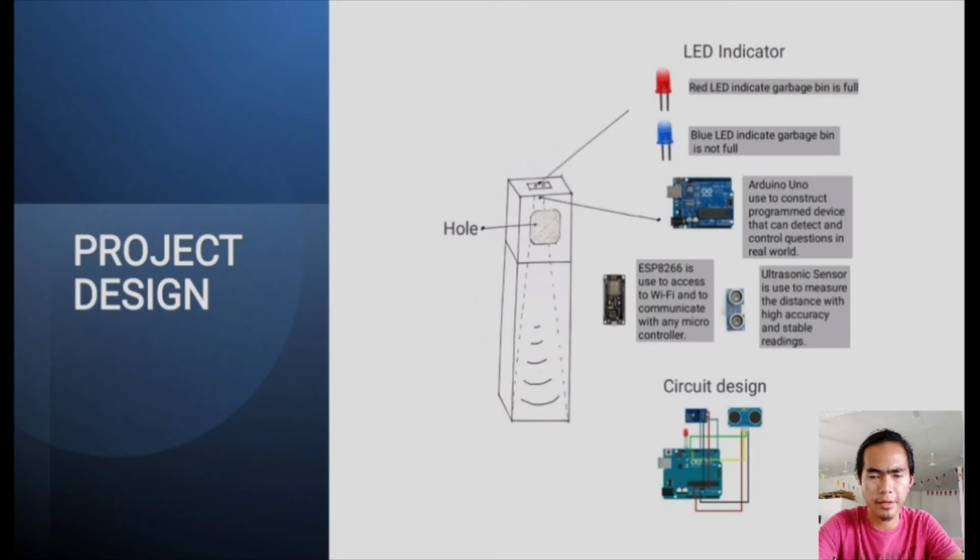This is our prototype. It consists of the whole LED indicator, which has two LEDs, red and blue. Next is the Arduino Uno as the main component, the ESP8266 as the Wi-Fi module, and the ultrasonic sensor as the sensor. Next slide is